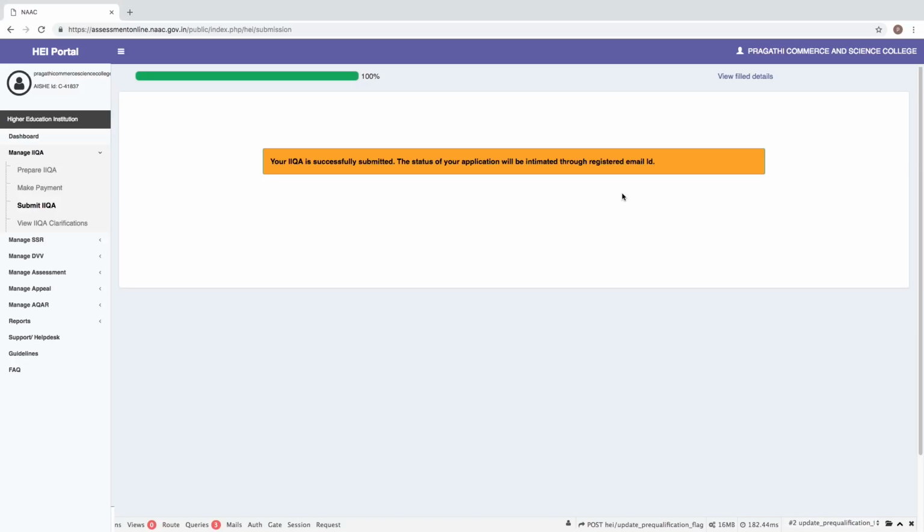application. But meanwhile, it is important that HEI have to log in every now and then and check for view clarification. The view clarification will tell you if there were any clarifications sought by NAC about the application or the documents that you have provided during the IIQA process. The process of the application depends on how better your document is supported with documentary evidences. In such case, when there is no clarification required, we would go ahead and approve your IIQA directly. But whenever there are any clarifications required, clarifications will be sought.